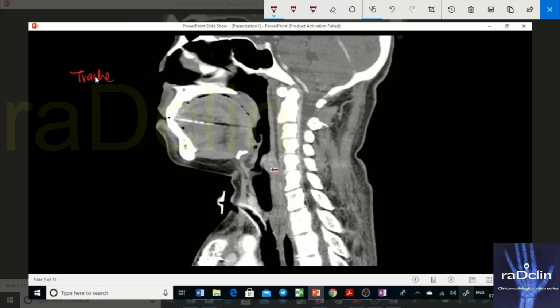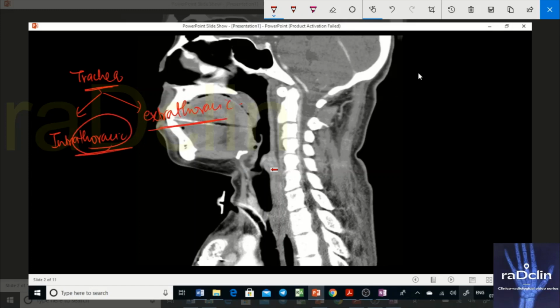Okay, it's important to divide the trachea into an intrathoracic part and an extrathoracic part. I'll just tell you why it is important to divide it. Intrathoracic and extrathoracic, since you know that it is inside the thorax and it is outside the thorax, you need to know what is thorax.